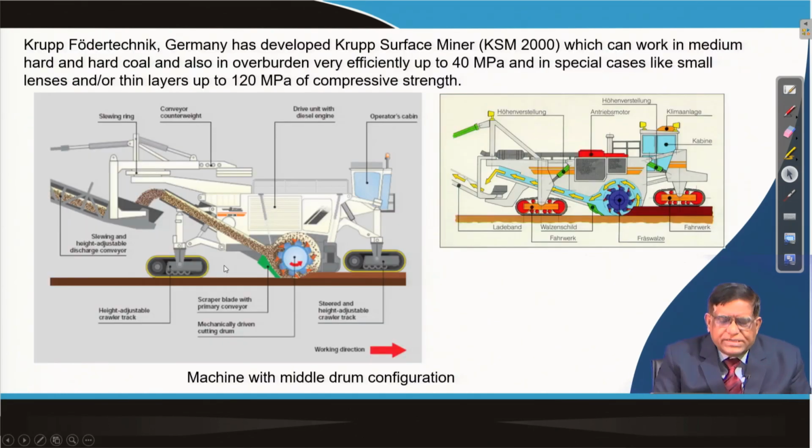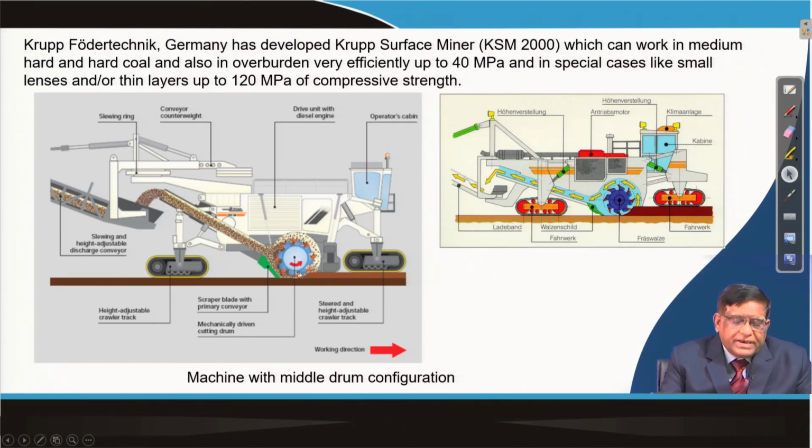So, you can see here in this diagram, the pictures will be very clear. That means, you can see here, this is a machine in which we are having the operator's cabin here, and then there are two sets of crawlers, as I said, this is the front set, this is the reverse set. And now, when this machine will be moving, there is a drum, a cutting drum at the central position, and then the drive for it is kept over here. It could be a diesel engine. From the diesel engine, by a belt drive or chain drive, this drum can be rotated, and then when